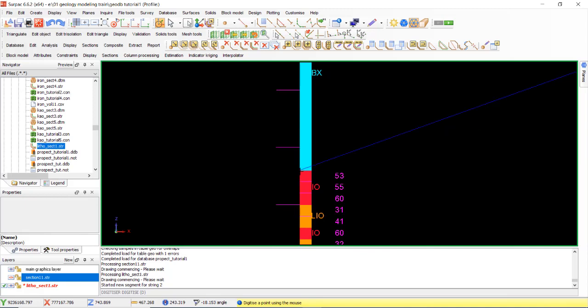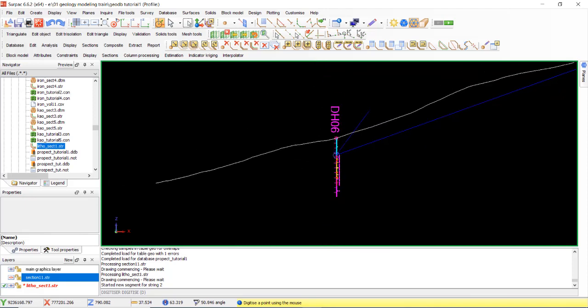Your correlation must be checked, the slope of the layer is about minus 18. Okay, change to plane. The slope must be about 18.